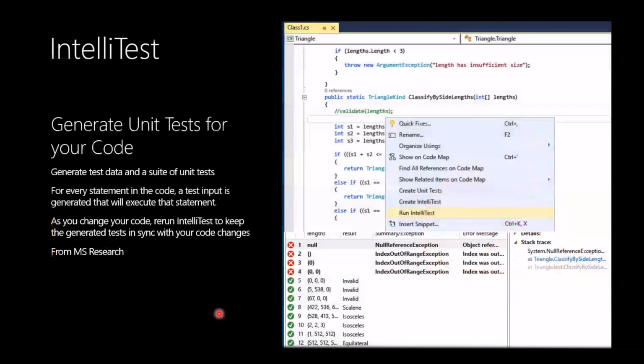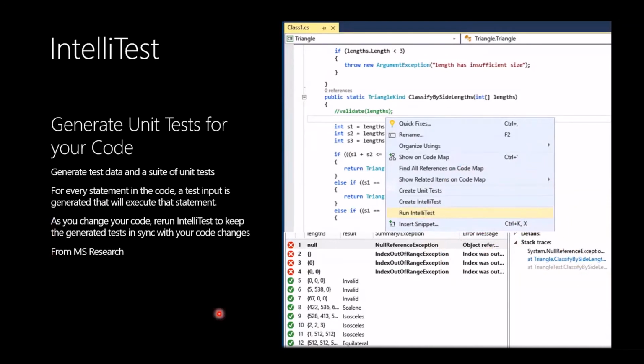IntelliTest automatically gives you the unit tests, and with live unit testing you can test while debugging also. Those are the testing features available in Visual Studio Enterprise only. Most of them are available only in the Enterprise version.